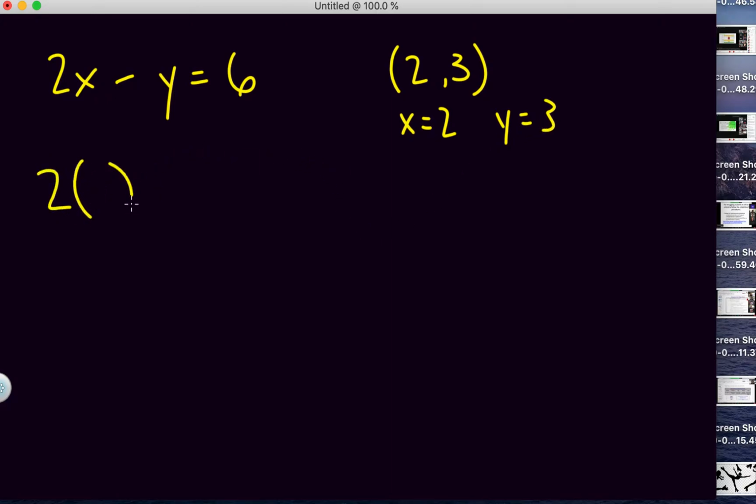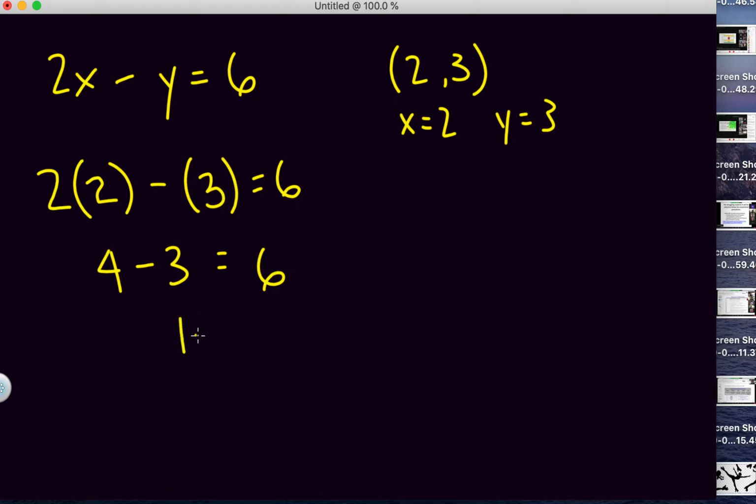So 2x minus y equals 6. You're going to see when there are negatives that it's important to use those parentheses so you don't drop negatives. It's a really easy mistake to make, so we're going to make sure we don't do that. So 2 times 2 gives me 4 minus 3, and we get 1 is equal to 6, which doesn't make any sense. So what that means is that the point